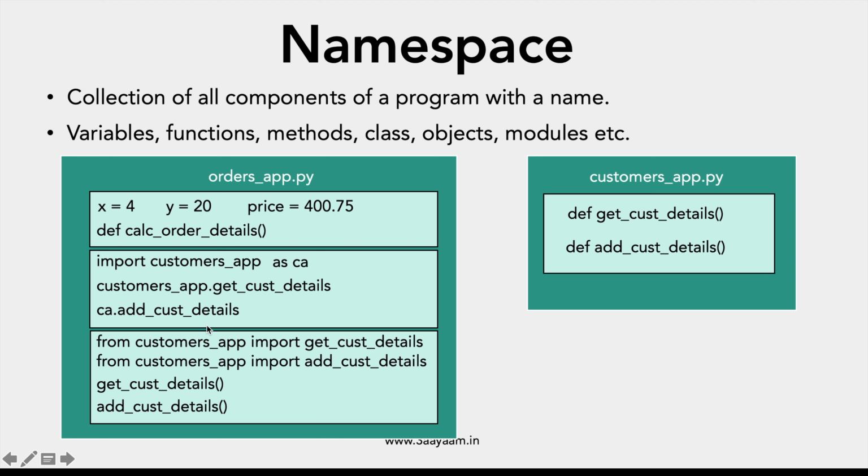So this is the difference of using import command and from import command. If you use import command, the entire module would be loaded in its own namespace. And if you use from module name import, the methods or the functions or the variables would be loaded in the current program's namespace. So that's what a namespace is,